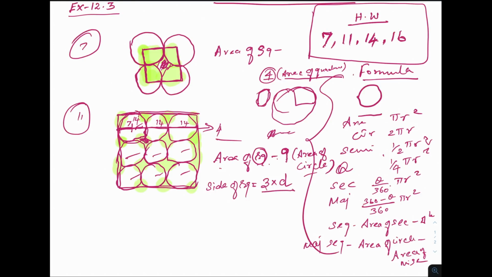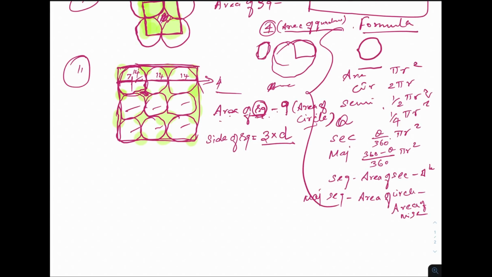So when you add all the 3 diameters, that will give you the side of the square. So that we know what is the side of the square, as well as we can find the area of a circle. Area of a circle is just using a radius. Already we know the radius, so that will be fine. Only thing we need to find is the side using the diameter of a circle. So what is the formula? Area of square minus 9 into area of circle. That gives the area left without the design.